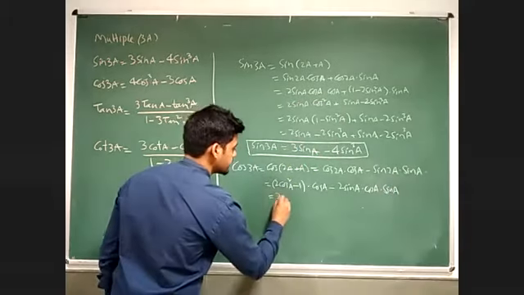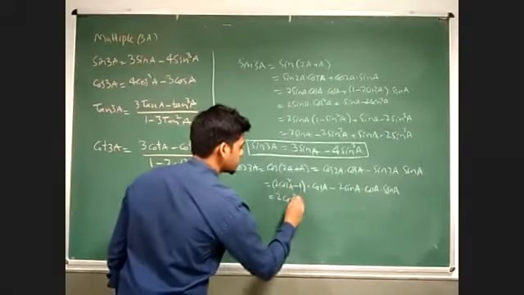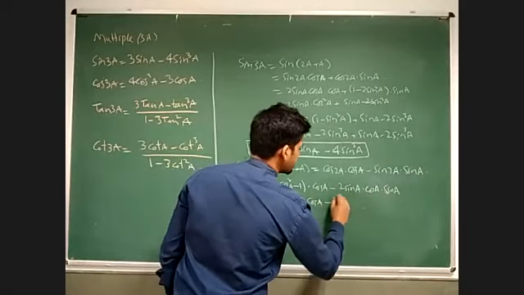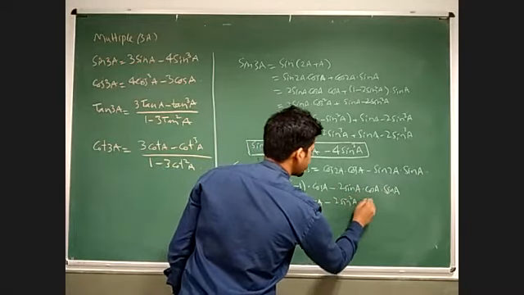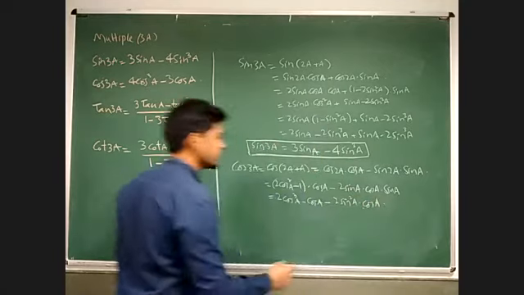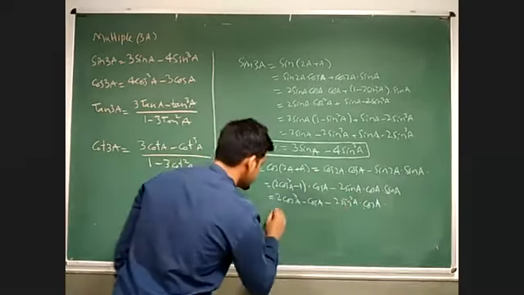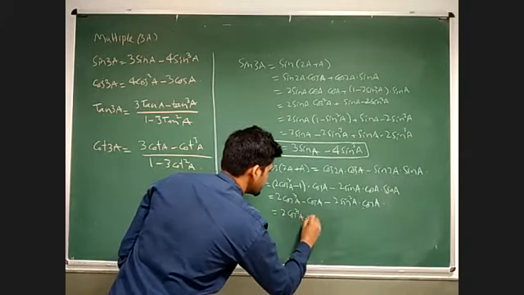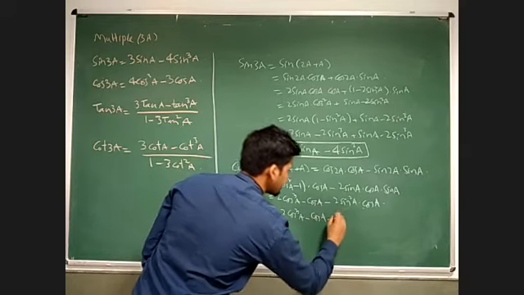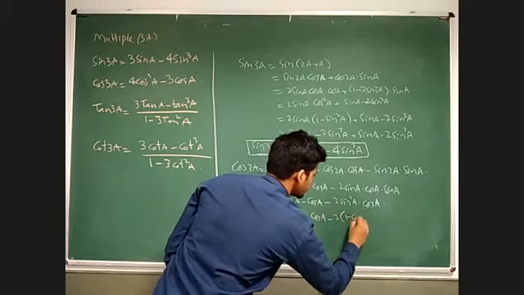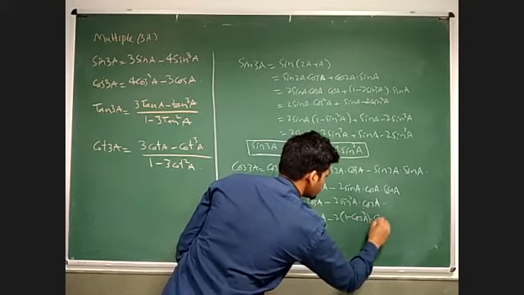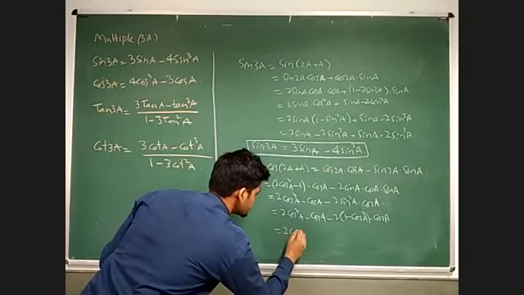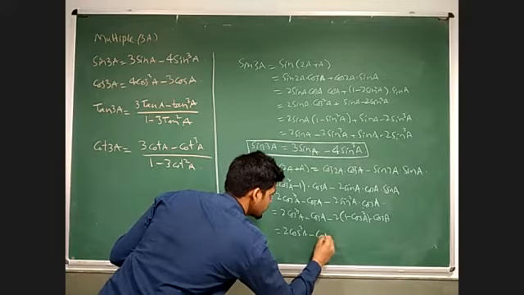Just multiply. So here I will have 2 cos cube A minus cos A, here sin into sin, 2 sin square A into cos A. Okay, here we have sin square A, so I can change this sin into cos. So 2 cos cube A minus cos A, here I can change this to 1 minus cos square A into cos A, right? So here again 2 cos cube A minus cos A,